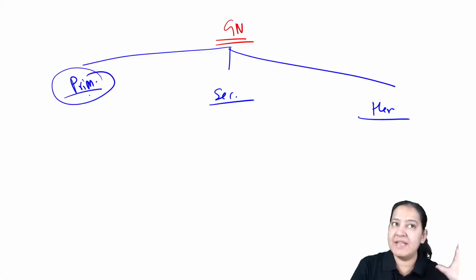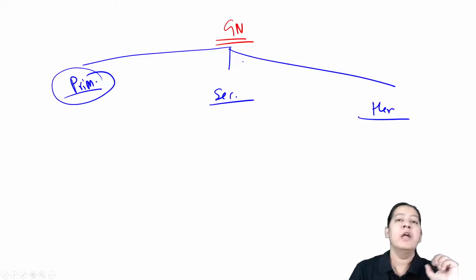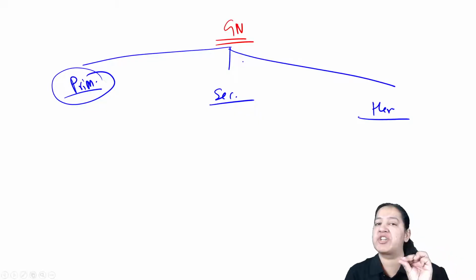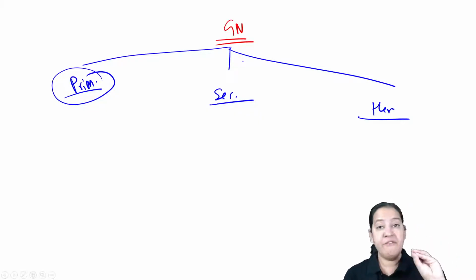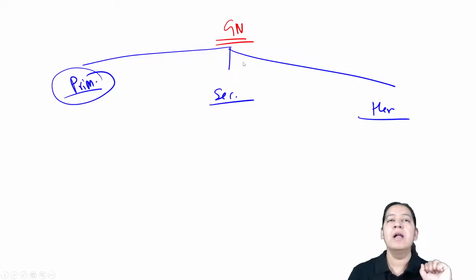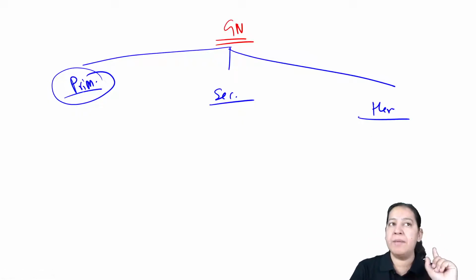Primary is actually a disease of the kidney which is involving the glomerulus. You know, glomerulus is a part of the nephron. In each kidney, humans have 1 million nephrons. Nephron is the structural and functional unit of the kidney. Nephron has five portions: glomerulus and Bowman's capsule, proximal convoluted tubule PCT, loop of Henle, DCT and collecting duct. These are the five portions of the nephron. So when the glomerulus is inflamed or involved or injured, the disease is known as glomerulonephritis. Right?